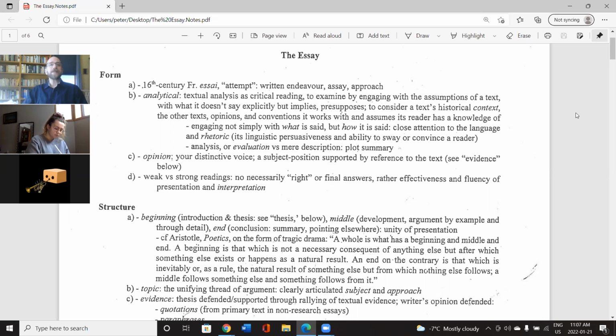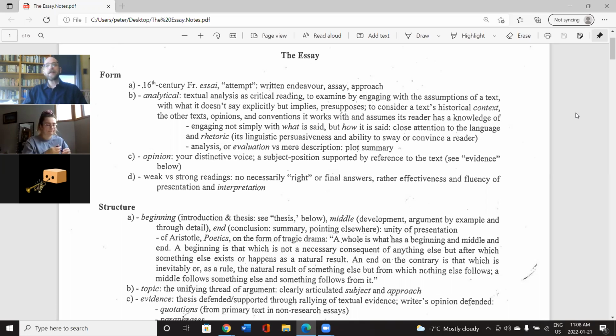An essay is always analytical or critical, not simply descriptive. When you get your first assignments back from me and I cross out a line and say, this is simply plot summary, or this is simply descriptive, you are simply repeating what the text already tells me, and hence that's irrelevant to your essay. What I'm trying to suggest there is that what you always need to keep in mind is that when you provide me with a reminder of what a particular text says, a poem or an essay or a short story, you're only doing that to set up a critical take on your reiteration of what the